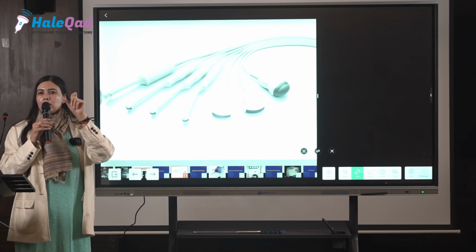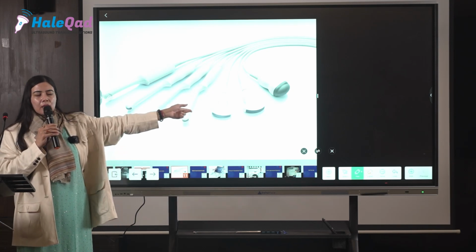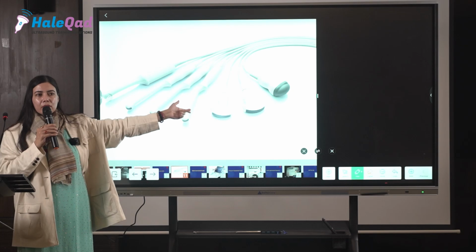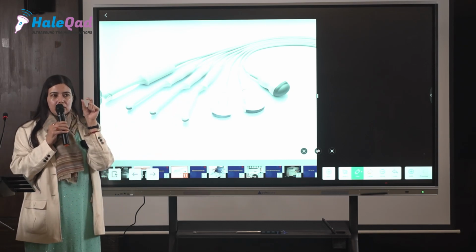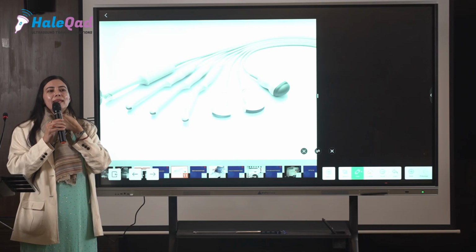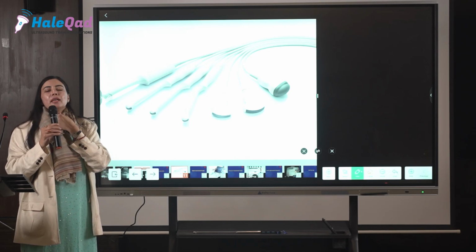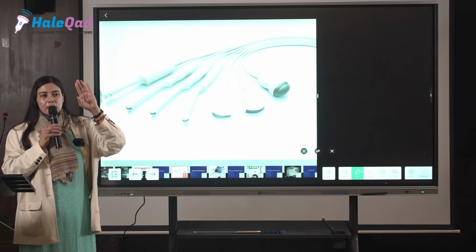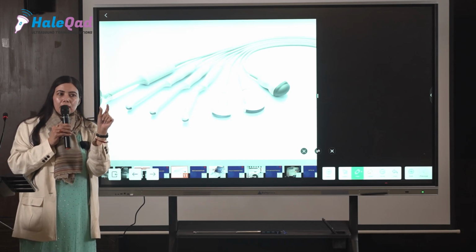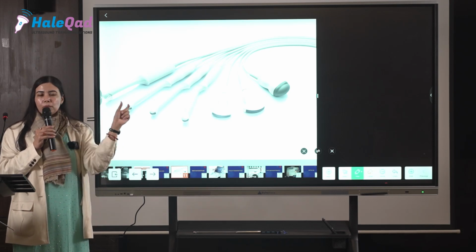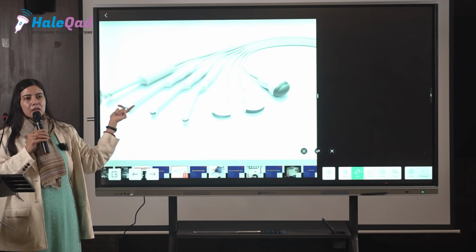The only point which is missing with this transvaginal probe is that it has a smaller area. So I'll be scanning a very small area at a time. If I'm doing a thyroid scan, I'll be scanning a very small area. With a linear probe, I'll get a little more area covered.